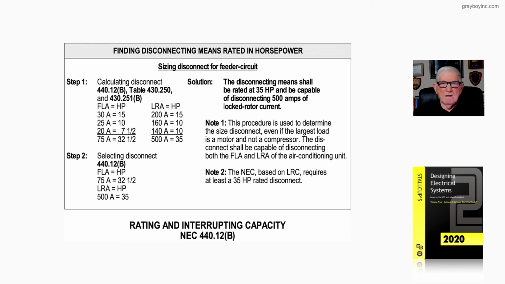amps. Now Note 1 just says this procedure is used to determine the size disconnect, even if the largest load is a motor and not a compressor. The disconnect shall be capable of disconnecting the FLA and the LRA of the air conditioning unit. And then Note 2 just points out that the NEC, based upon the LRC, requires at least a 35 horsepower